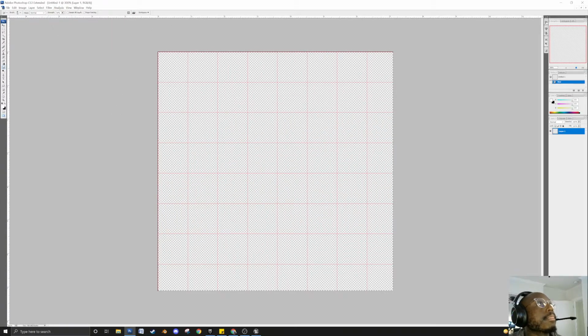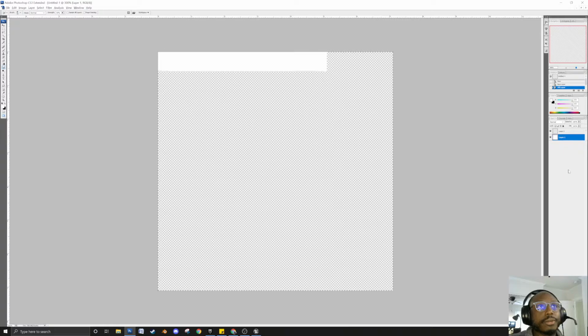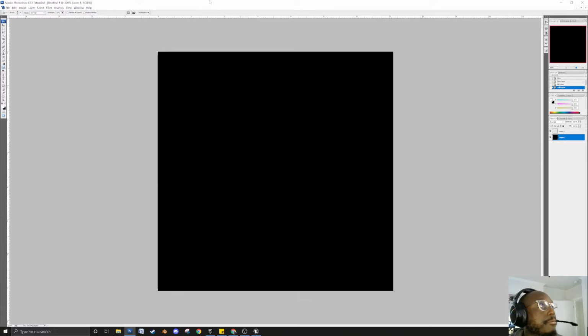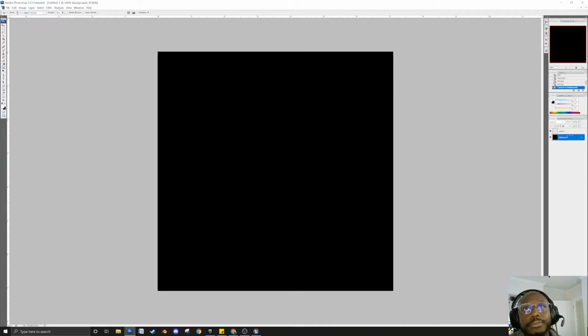So here in Photoshop, we're gonna turn off the grid. And I still haven't fixed that stupid Photoshop thing. My first layer is never a background layer. We're going to fill the first layer with, let's do black. And we'll do layer, new background from layer. So boom, now we have a background layer. And so layer 2, we're going to,